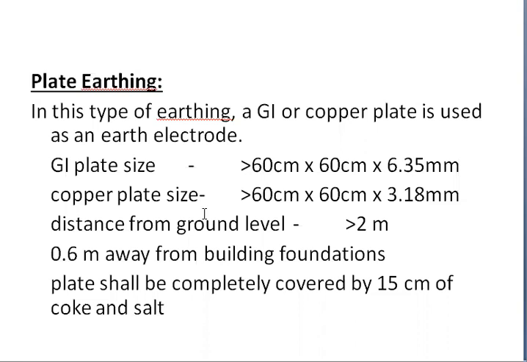In your apartments, you can see that plate earthing is used mostly. Somewhere they can use pipe earthing also. So by using this plate earthing, the excess amount of current will be collected by this plate, and that passes through to the ground level. There we have to use some charge ionizing material, that can be coke and salt. These ionize the excess amount of current, so that we can protect our equipment from damage. So this is about plate earthing. These are the uses of earthing, and this is the need of earthing.